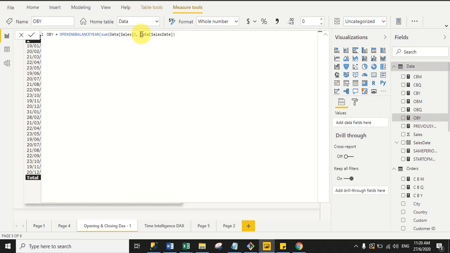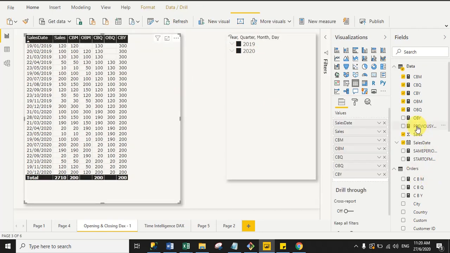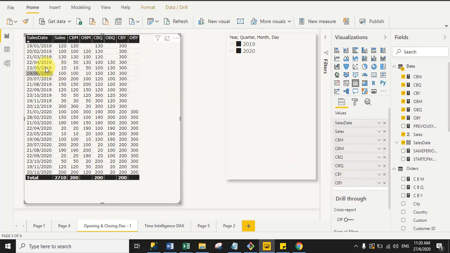Then comma, and then write the sales date column, right? And then simply click to commit. And now I'm going to drag the opening balance year measure here. So guys, as usual, before this year we don't have any sales, so that's why it is returning blank. Same like opening balance quarter, and same like opening balance month, right?